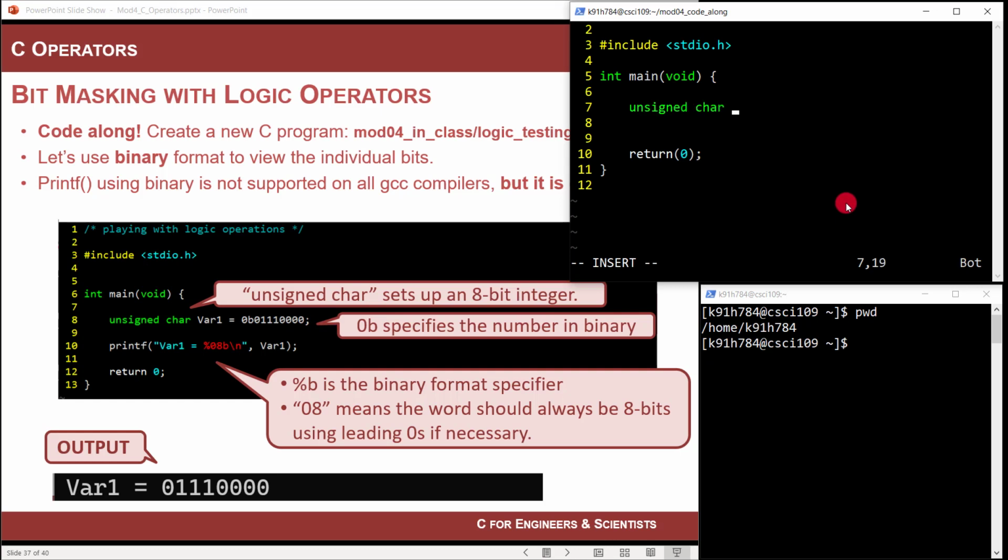Unsigned char, and that's the data type. I go var1, and I'm going to go equal. In binary, I'm going to go 0, 1, 1, 1, 0, 0, 0, 0. And now I've done that. And now what's really cool about our compiler is that we can actually go printf, and then we can go var1,